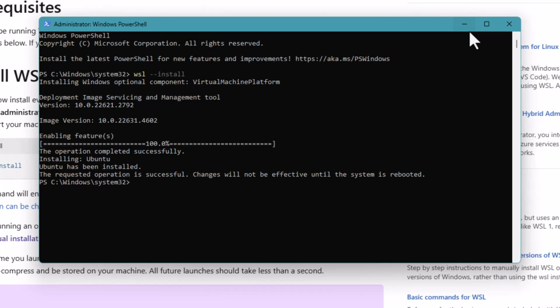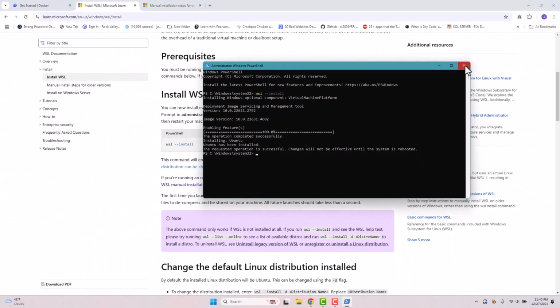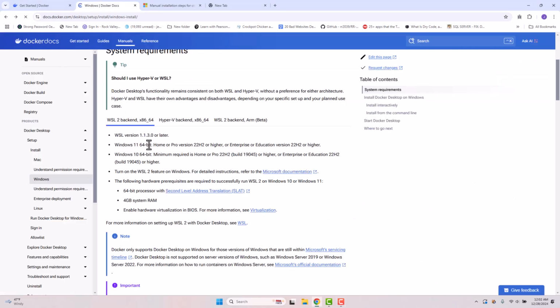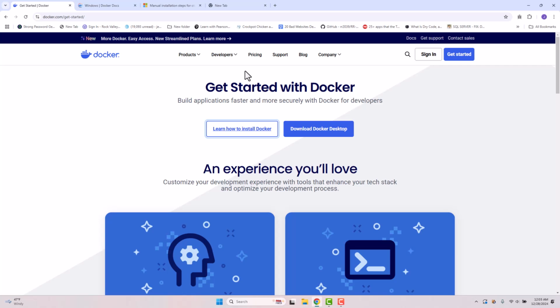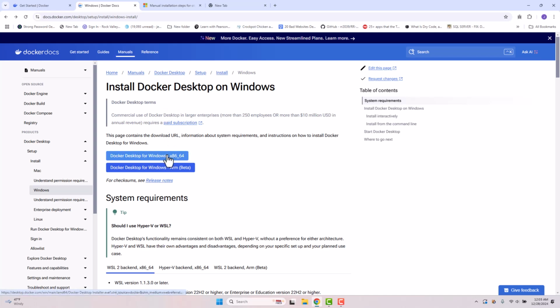Now I'm going to go ahead and download the Docker Desktop version before I actually do my reboot and close the window. Now if I just go ahead and do a back, I can scroll up and I can choose to install Docker Desktop on Windows. I can also go through and use the Docker download here, but I'm going to just do it from here. And my computer is an Intel chip, so I'm going to pick the Docker Desktop for Windows x86_64 and download that. Now I want to go ahead and reboot my computer, and I will be back as soon as the reboot is completed.